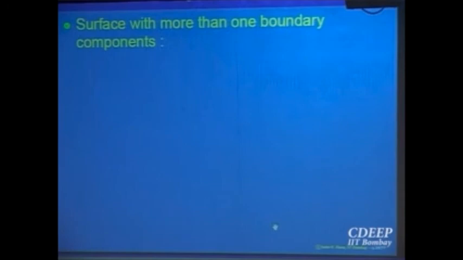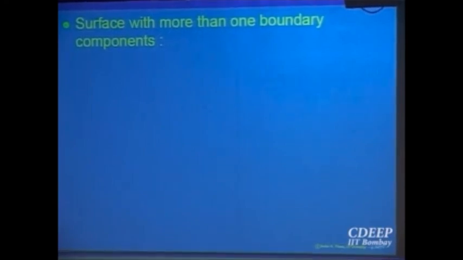Now a slight modification of that, extending it to slightly more complicated things. For example, you can imagine a cone or a paraboloid, right? So then the boundary is the base. But supposing you cut it at some place, okay, at some height you have cut it off, some cap portion you have cut it, then it is kind of a hollow paraboloid starting somewhere and ending somewhere. So then the boundary will consist of two parts, one the smaller one at the top and one the bigger one at the bottom. So boundary will consist of two parts, right?